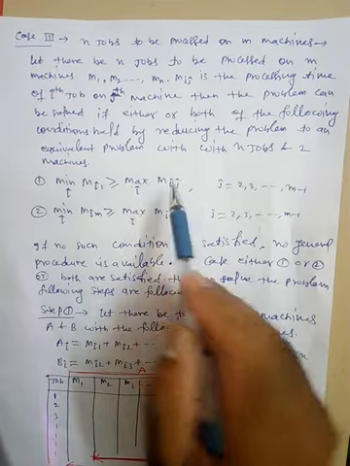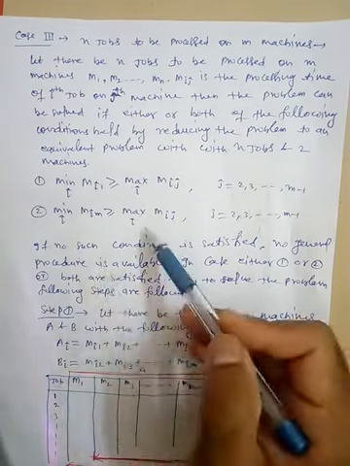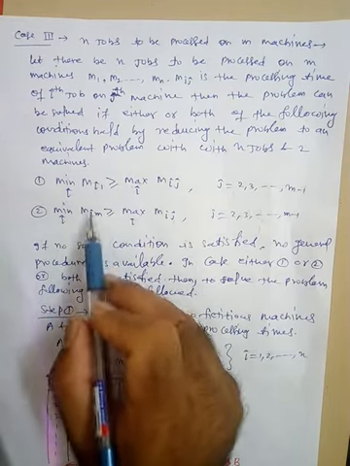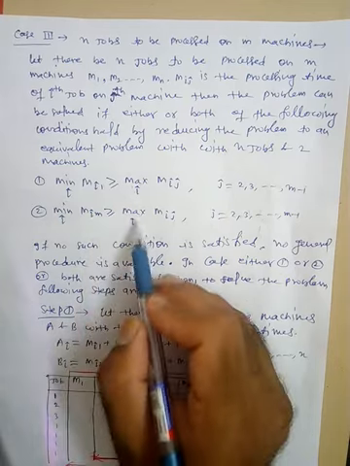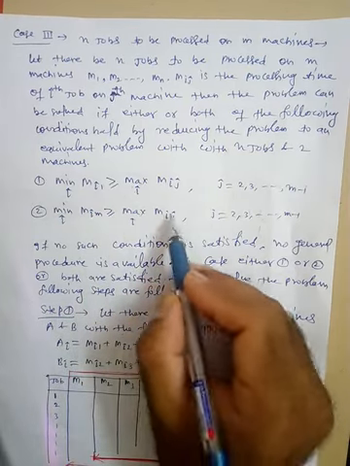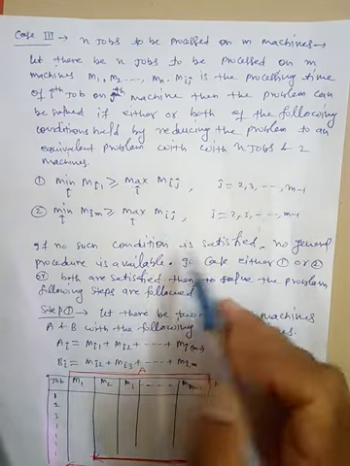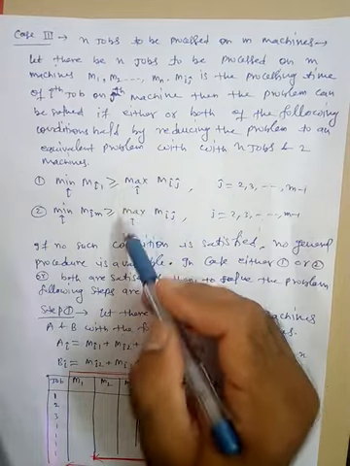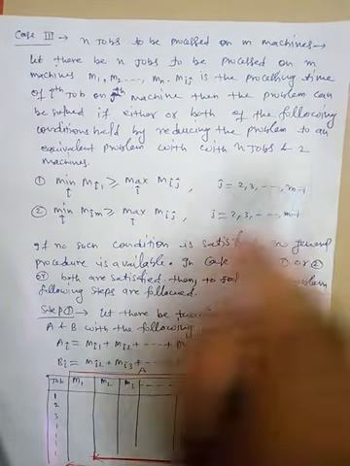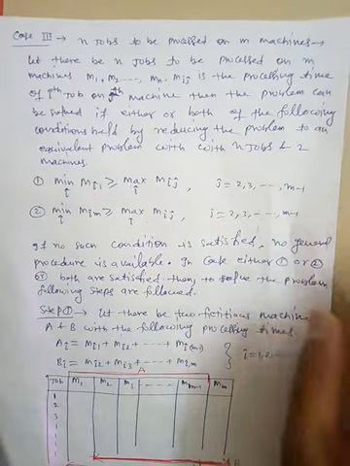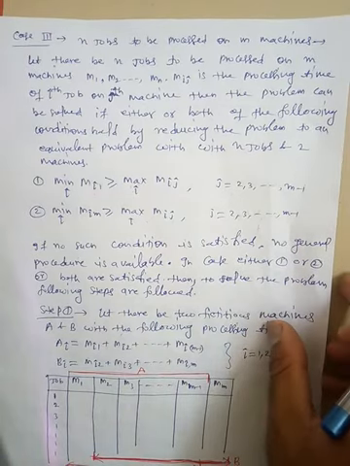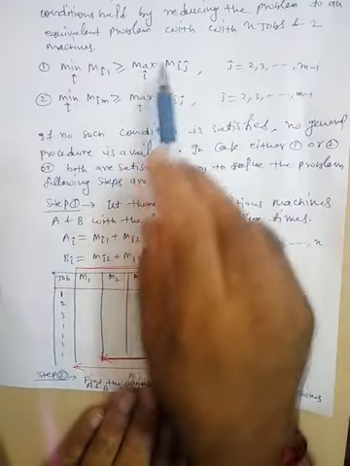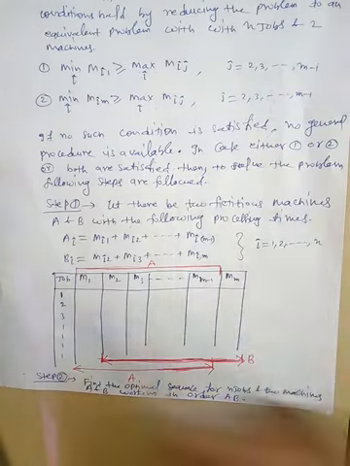If this is valid for all, then this condition is satisfied. If this is not satisfied, then we will check the second condition, which is the minimum of the processing time of the last machine being greater than or equal to the maximum of again the second machine, third machine, up to the (m minus 1)th machine. If this condition holds, or either condition holds, or both hold, then we can convert the problem into n jobs and two machines with the usual procedure. So if one of them is satisfied, we will convert the problem into a two machines problem.